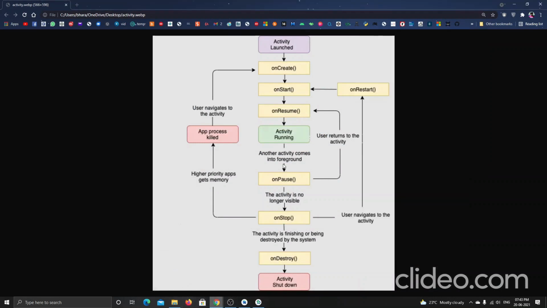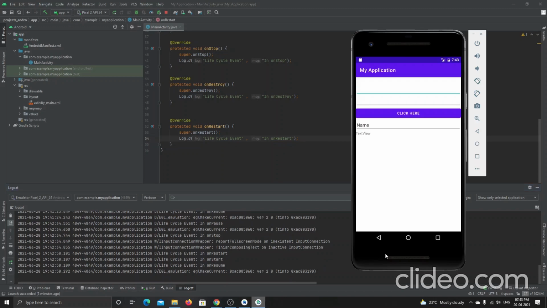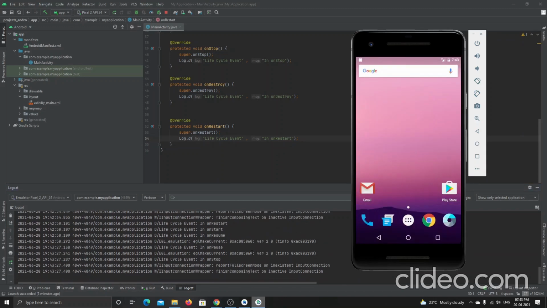See, when I press this home button, it got into on pause and then it resumed. Here, it is logging on start, and then on resume. On restart, when I pressed pause, let's see once again. When I pressed this home button, it logged that it is in on pause stage.